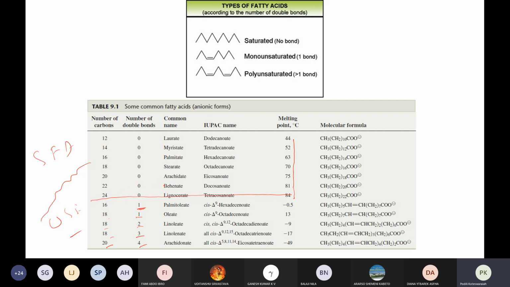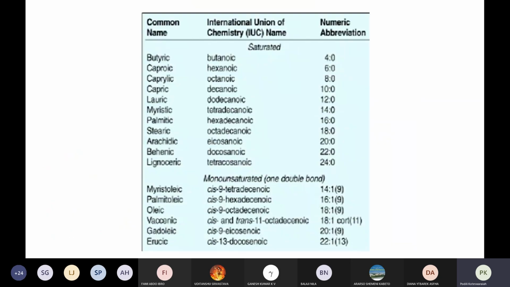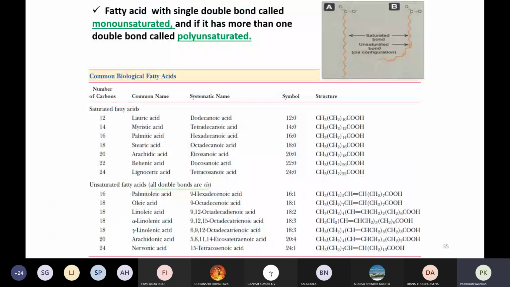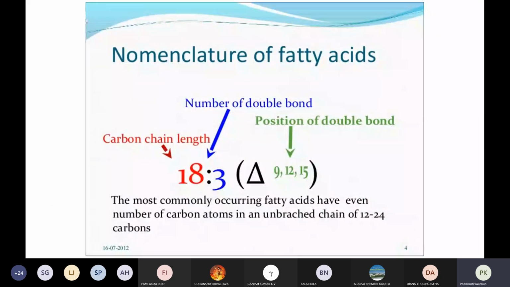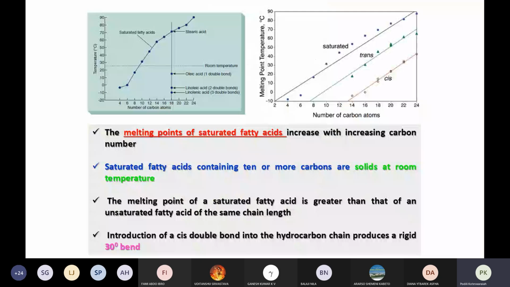You can notice here that in the case of saturated fatty acids, the melting point increases with increasing carbon chain length. But in the case of unsaturated fatty acids, with an increasing number of double bonds, the melting point decreases. That means unsaturated fatty acids have a lower melting point compared to saturated fatty acids. And you can also see this